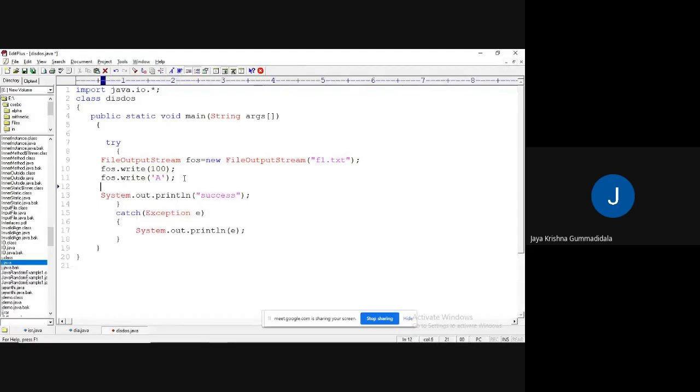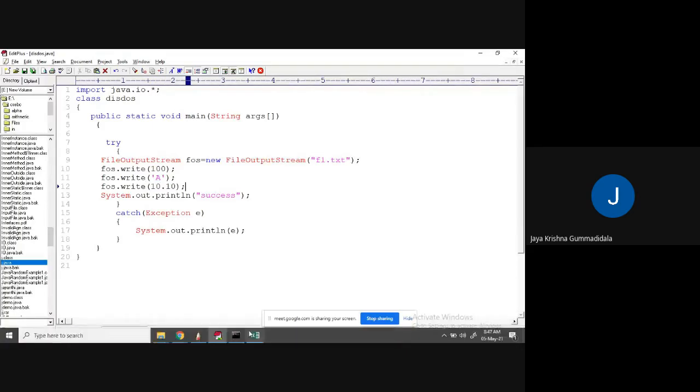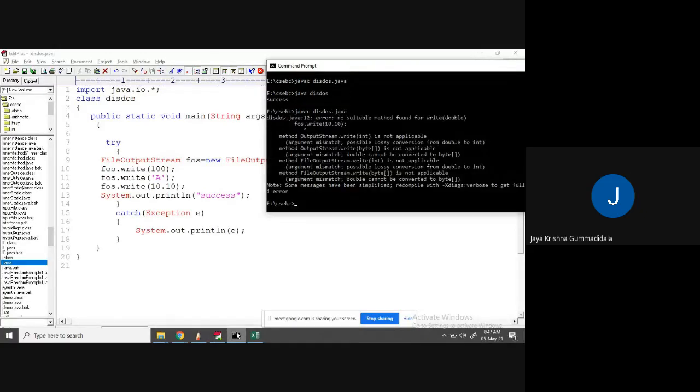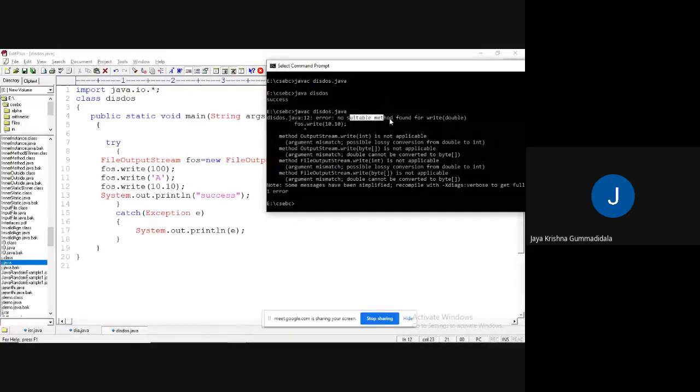Similarly, I can write an array of characters. Am I right or not? I can write an array of characters also. Okay, fine. Now let me write FOS dot write of 10.10. Now if I compile, what will happen? What happened? No suitable method found for write method of double.